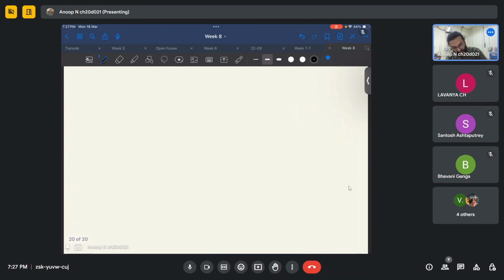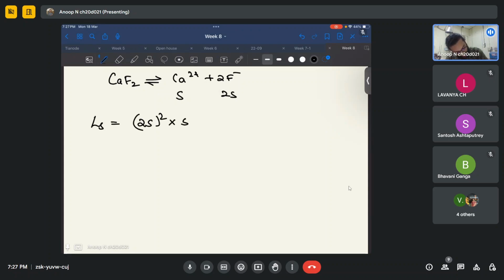Next part, we have CaF2 giving Ca2 plus and 2F minus. So if it is S, it is 2S. So the solubility product Ksp will be equal to 2S whole square into S, which is 4S cube. Again, how can we write? 4 into